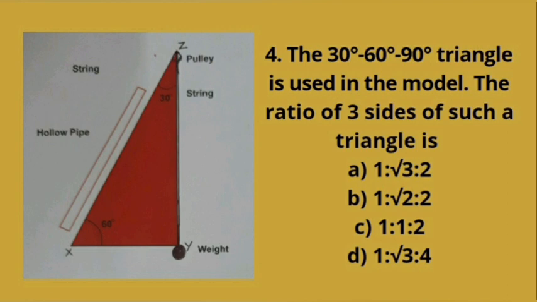and then you can find the ratio of all the three sides in the same order as the angles are given. That is 30 degree, 60 degree and 90 degree, the smallest angle to the largest angle approach. Respectively, you will also follow the same approach in the case of the sides to get the correct option out of the 4 which have been given.